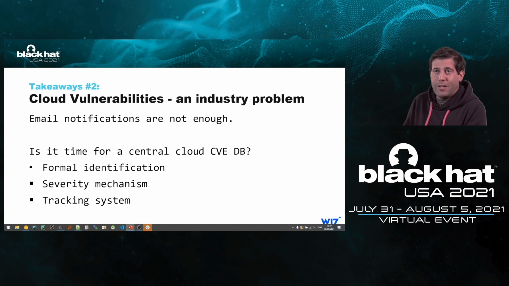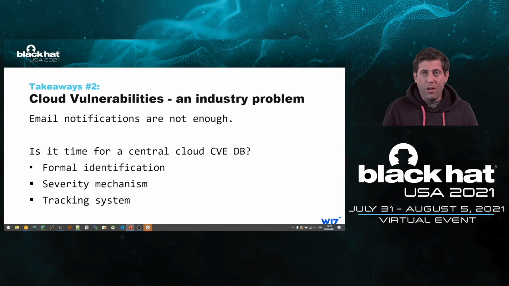We found a few vulnerabilities, and I want to notify customers. What am I supposed to tell them? "Hey, you have Shir vulnerability number 1 and Shir vulnerability number 2." But how do I tell them there's a vulnerability? And even more than that, I want to share the vulnerabilities that we found with the industry, with practitioners, with other cloud security companies. How am I supposed to do that? What's the format to do that?